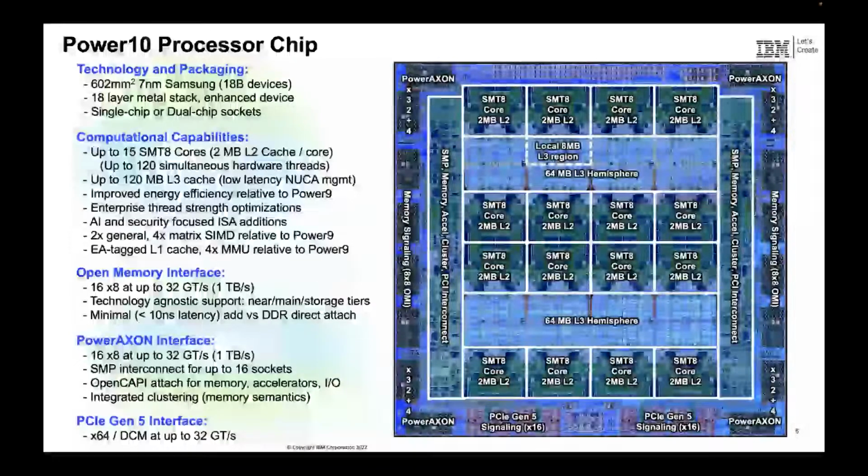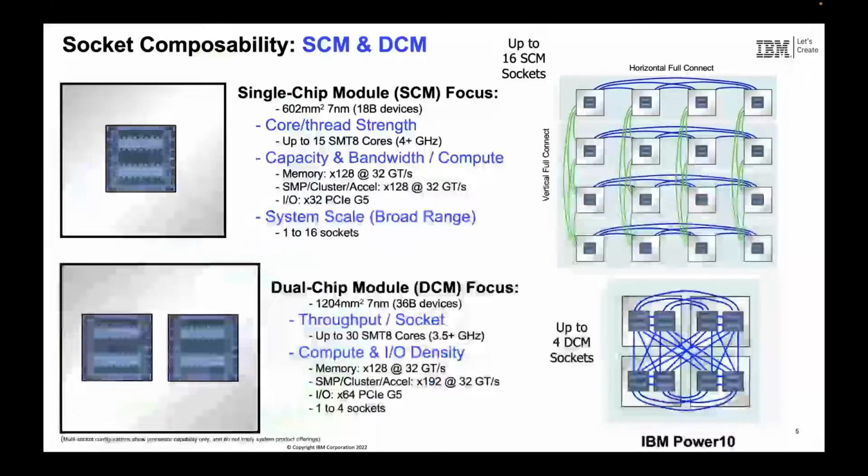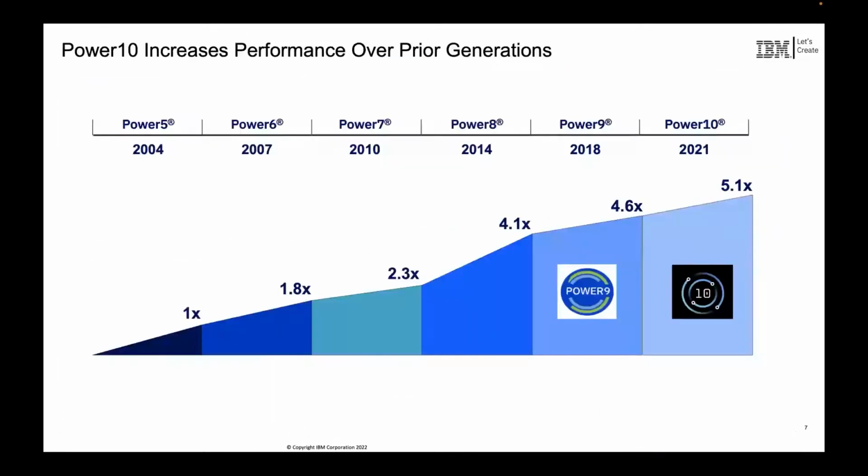Todd, in fact, talked about this chart as well. I won't. Just incredible speeds and feeds, as always, every turn of the crank. Two types of modules. We have a single chip module and a dual chip module. We'll look at that a little closer. We're using the SCM in the 1014 and then the S22S. We'll talk about those, and then dual chips everywhere else. We continue to make our cores bigger. Our servers get bigger with more cores and bigger cores,